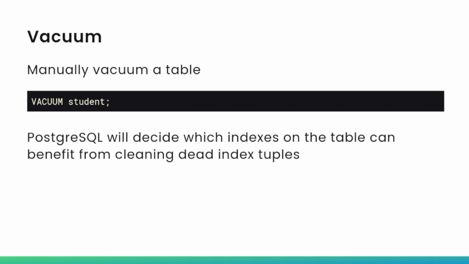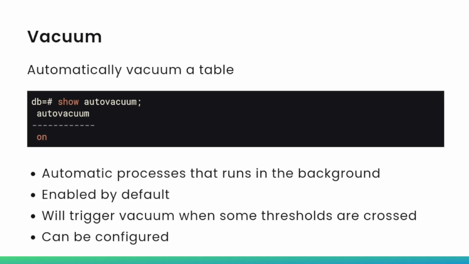You can manually vacuum a table like this, VACUUM table, and then Postgres will decide automatically which of the indexes on the table can benefit from vacuuming, from cleaning dead index tuples. Or, if you're not aware of that, you most likely have autovacuum active in the background. This is something that Postgres is doing. You can check if you have autovacuum enabled. Just issue SHOW autovacuum. It should be on. If it's not on, you should consider turning it on. Okay. So with autovacuum set to true,